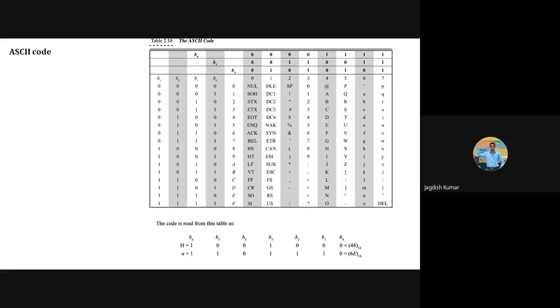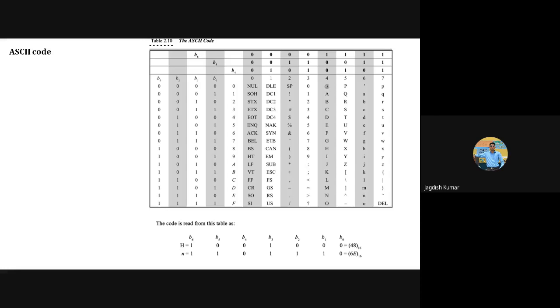Am I audible? Are you working on it or not? No response as of now. Pallavi, this is not how you should write it. You write down P, every one of you follow this. P is equal to, Pallavi should do it like this, whatever is the value. And then also write down the same in hexadecimal format. So please follow this.